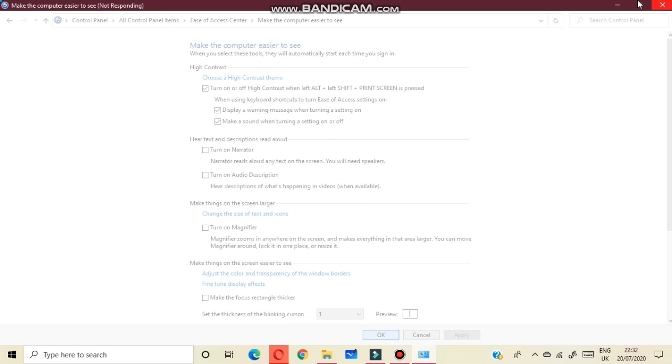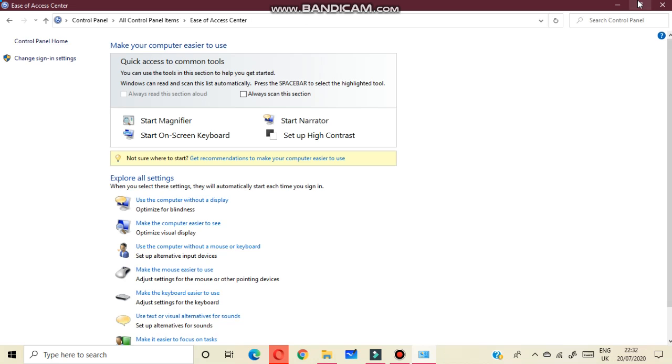Okay, now you can toggle a high contrast theme on or off and can also make a provision for displaying a warning message and producing a sound while using a keyboard.